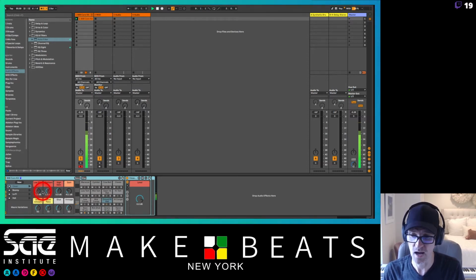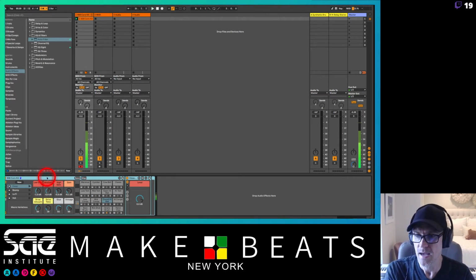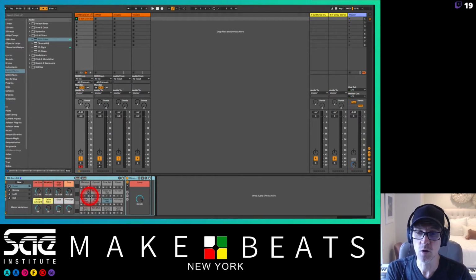By just changing these knobs here. All right, so I can go ahead and change the sound up. And that's just by using these macro knobs here, and these macro knobs can control multiple things in the different